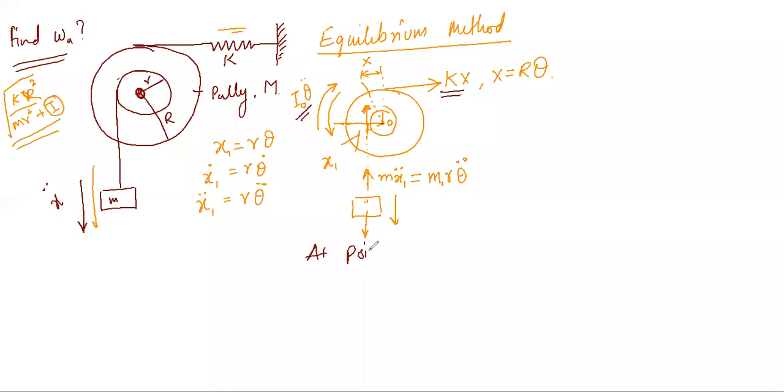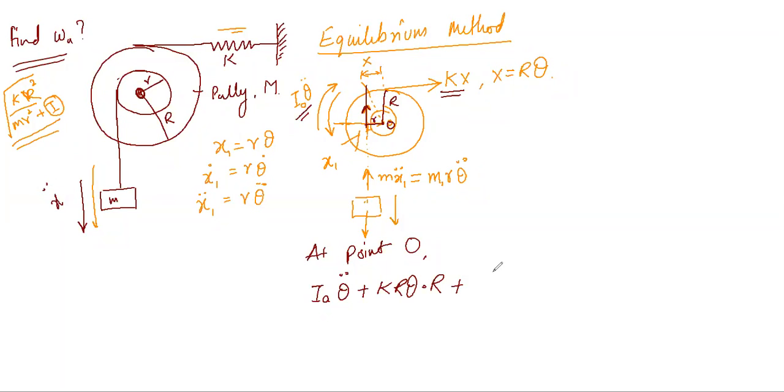So at point O, this is the point O we are talking about. At point O, as per Newton's second law condition, you can write I_A theta double dot plus k x into capital R distance is the moment of this one, and this is also acting clockwise, so we can write k R theta into R, plus this inertia force of mass m is also acting in this particular direction. So the moment of this one is small r.